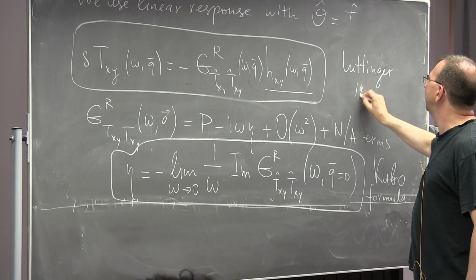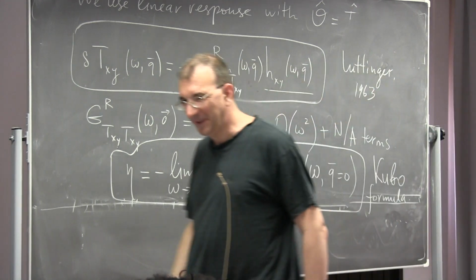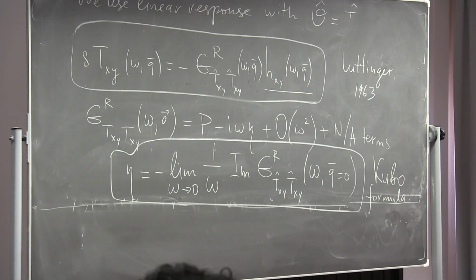I think it's 1963. There is this fantastic paper in Physical Review with a footnote by Luttinger, because he did it exactly in this way. He said that we will send a gravitational wave. This gravitational wave disturbs the system, right? And then we compute shear viscosity. And there is a little footnote saying that if gravity didn't exist, it should have been invented for the purposes of this paper. So, very modest. Yeah. Well, he could do it.